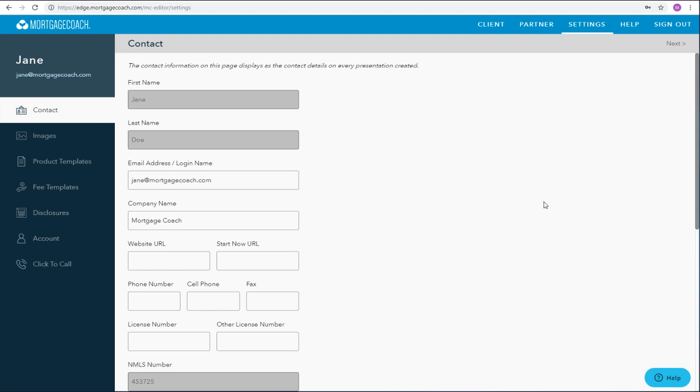Now let's get started by verifying your first and last name as well as your email address. One thing I want to point out is that your email address is also your login or username. Therefore, if you make a change to your email address, your login or username will also change to match your email address. Now, once you have verified your first name, last name, email, and company name, let's enter in your